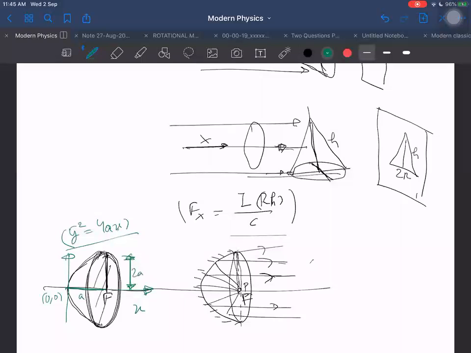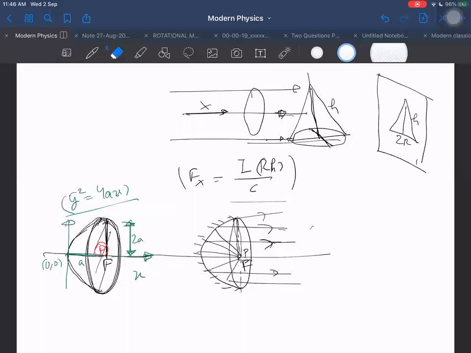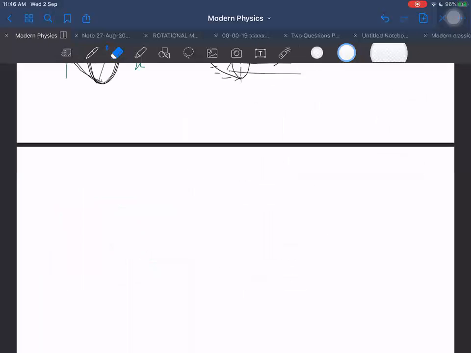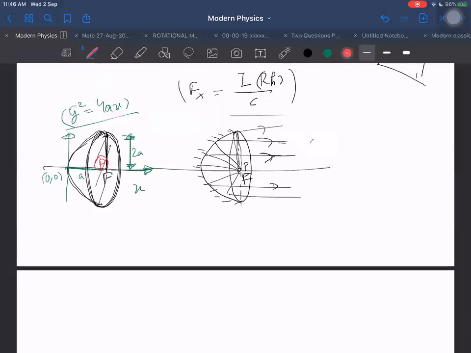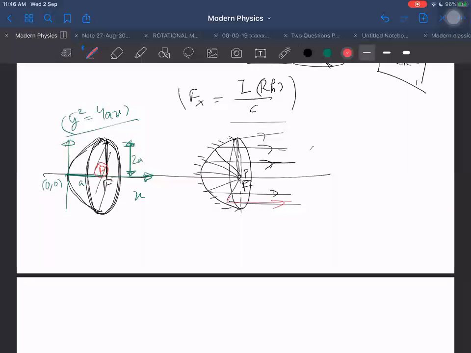Then tell me the answer now. What is the power of the source which is placed at the focus? The power of the isotropic point source placed at the focus is P. Find out the force acting on the paraboloidal mirror. Perfectly reflecting. Rays are also shown. What are you talking about? Perfectly absorbing? Really? Rays I am also representing here. Perfectly reflecting mirror. Why would I call it a mirror if it is absorbing?